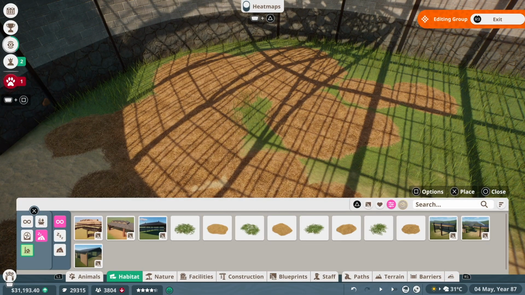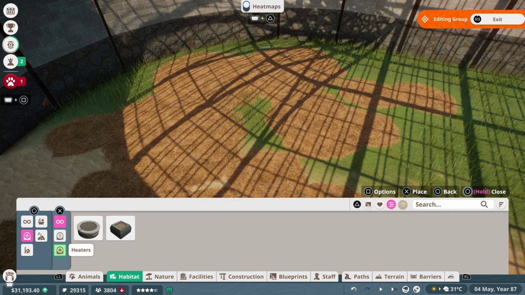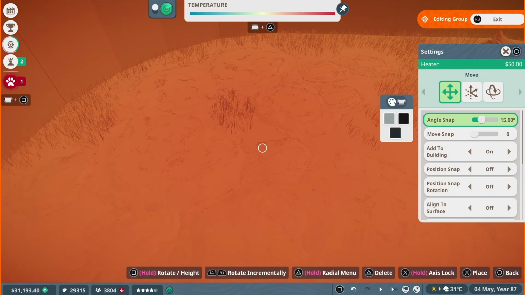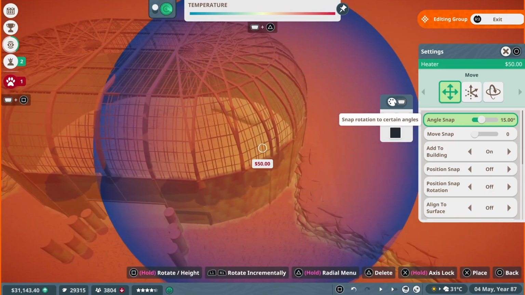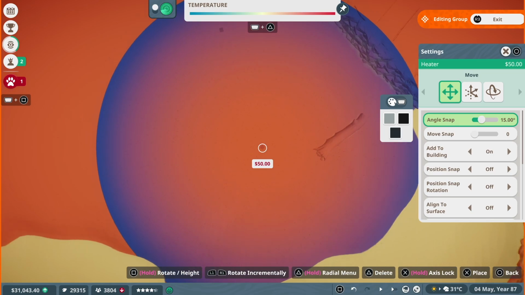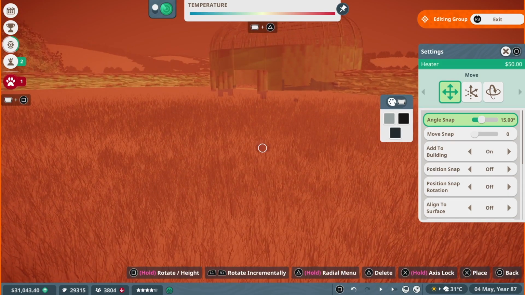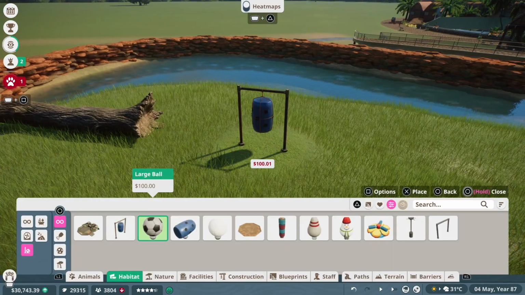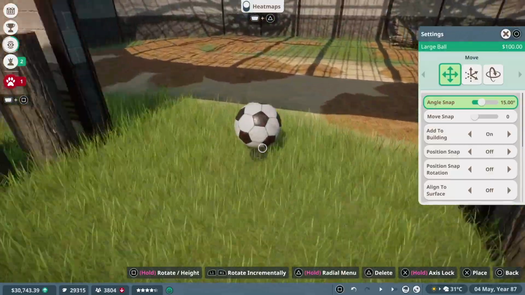And firstly, we want to make sure this habitat is well heated. These are African elephants, so they need heaters. I'm going to sink these just below the surface of the ground, mainly because I don't like how they look, and hiding them this way means they still work perfectly fine, but you don't have to put up with the ugly look of them. Next up is the food enrichment items, and we want these to be kind of near